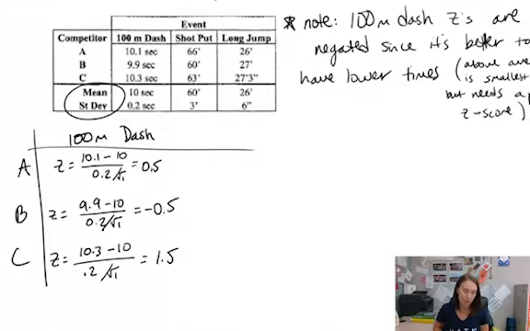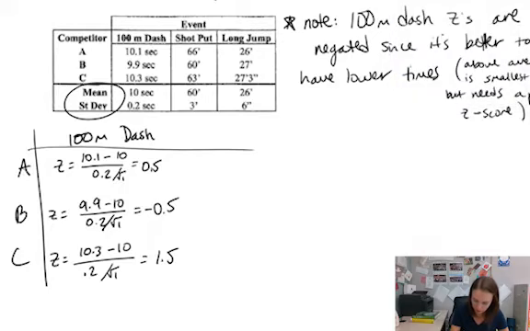Now, this category, unlike the shot put and the long jump, is a little tricky because if you think about running a race, the 100-meter dash, if the average is 10 seconds and someone took 10.3 seconds, did they do better or worse than the average? Because the time is larger, they were actually slower, which is worse than the average. But with a positive z-score, it looks like you're doing above average. So in this case, and I made a little note up here,